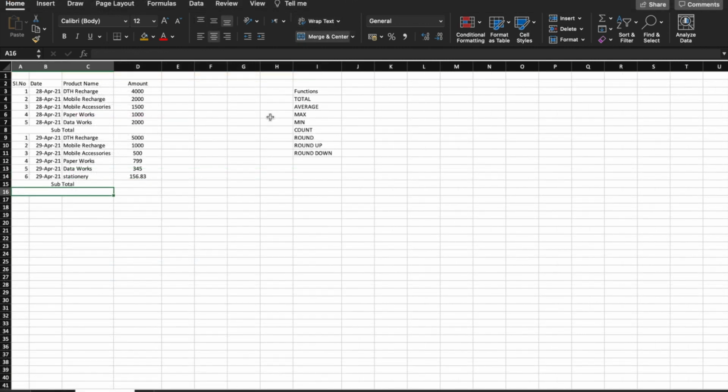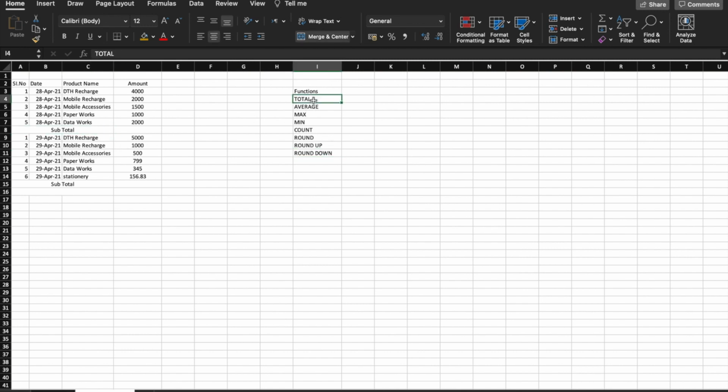Friends, second section, basic formulas. These are the basic formulas for Excel sheet. First one: total, average, maximum, minimum, count, round value, round up value, round down value. First of all, you want to know the total value and subtotal value.